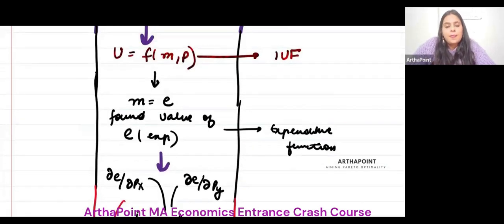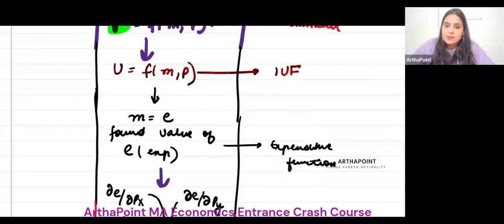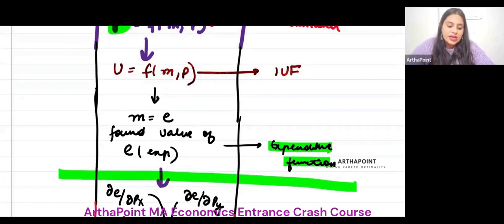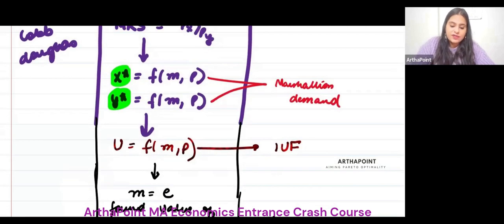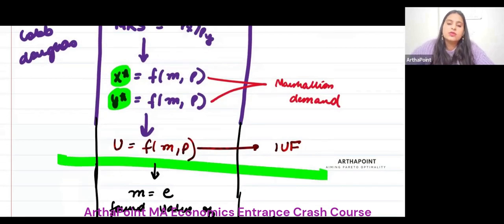Say in the exam, they ask you to find the expenditure function. I will stop here. If they ask me to find the indirect utility function, I will stop here. So it depends on what the question is asking me. Is this clear? It may seem a bit on the top, but 10-15 days into the subject, this will seem the easiest thing. You have to give some time to it and practice it on the same day.